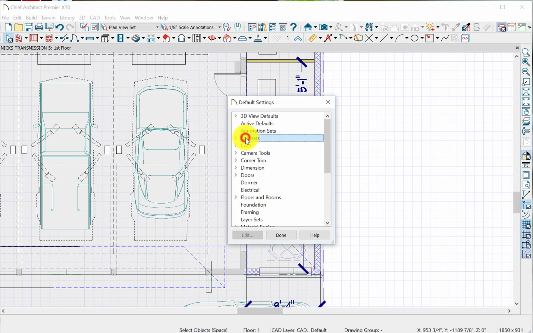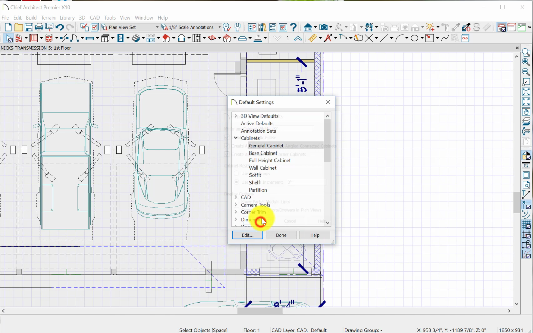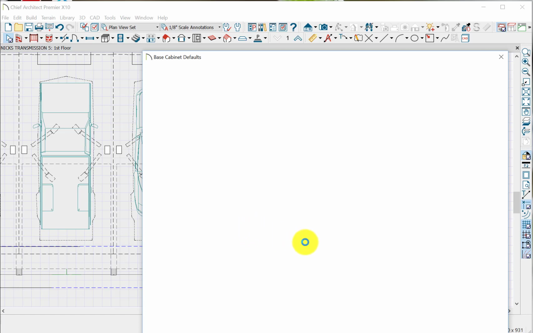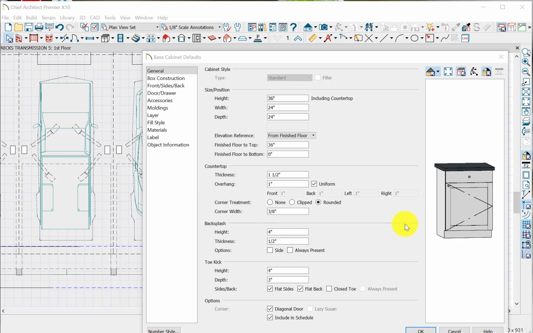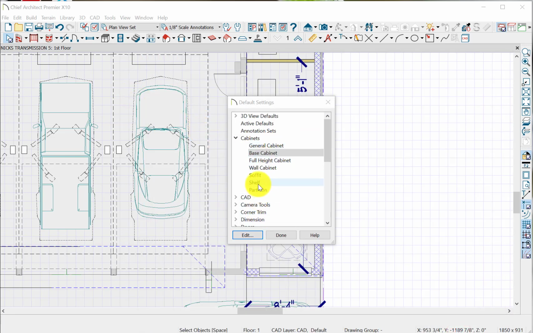We can also say go to our cabinets, and we want to set up our cabinets. Let's go to our general cabinet. Let's not worry about any of these. Base cabinet. What do we got for our base cabinet? Base cabinet defaults. Waiting for that to generate. Here we are. And this is the style of cabinet that we have here, our cabinet style. But if we wanted to change the cabinet style, we could change it. Custom face. We don't like that face. We can do something else. You just basically change the cabinets